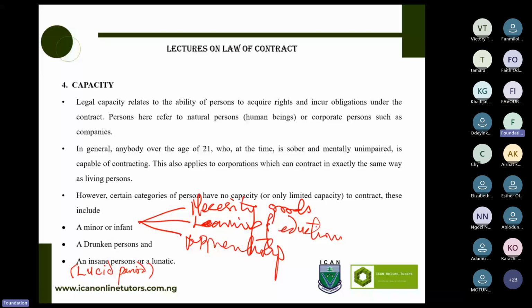Okay, let me now take the order. I have Elizabeth number 1, Victoria number 2, Faith number 3. No, Faith has spoken, I guess. So Elizabeth. Okay, sir. For me, I think it's not binding because the person has been certified by a doctor that he is not sane. Whether I'm aware that he's sane or not, the contract will not bind. Thank you, ma. Victoria.